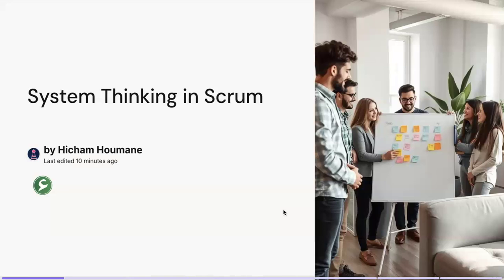The first topic that we're going to discuss is basically system thinking in Scrum. Now, Scrum as a framework in its development uses a lot of system thinking, but a lot of the people implementing Scrum may not necessarily be aware of the first principles behind it. So that creates a lot of problems in the implementation. So here we want to just highlight how system thinking can be useful in a better implementation or in improving your implementation of Scrum.